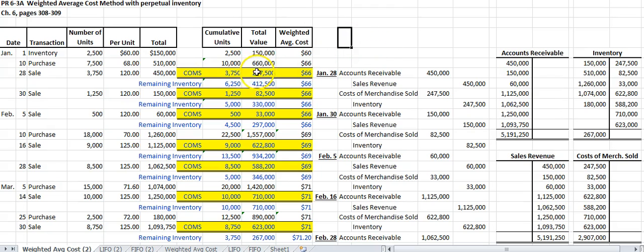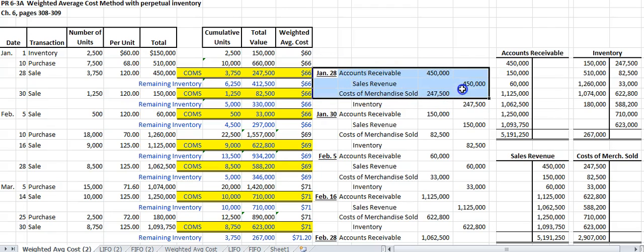So that's going to be my cost of merchandise sold, which is calculated using a weighted average of the previous layers of inventory. So now I have all my information. This gives me my sales. This gives me my cost of merchandise sold right here. And here we have the full